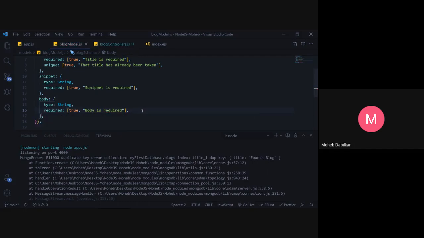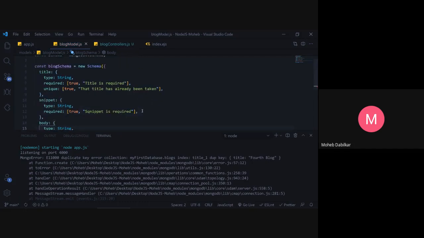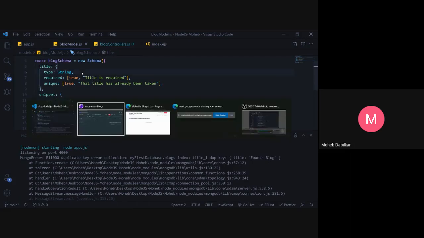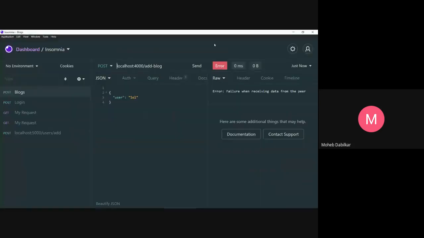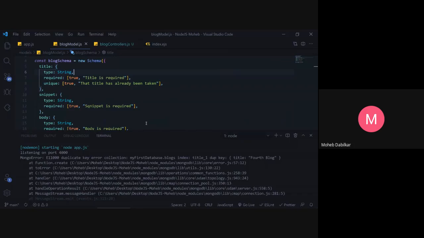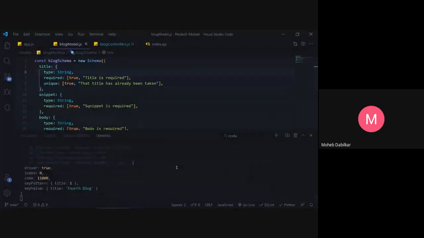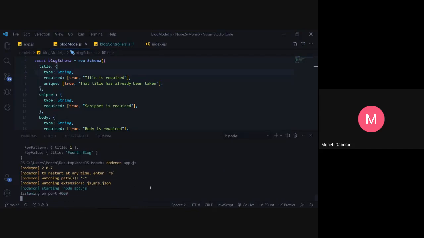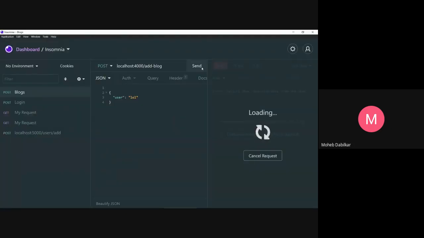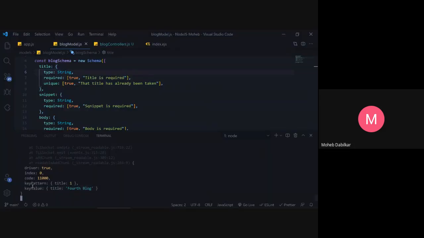It just does not look good. So now on saving this, if I pass in anything like... okay, so let's just stop this and start our server. Now there is no error, and if I go over here and send this again, it is now stuck over here and it says that there is an error.